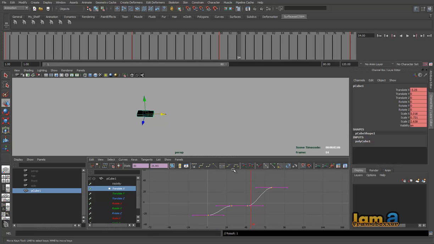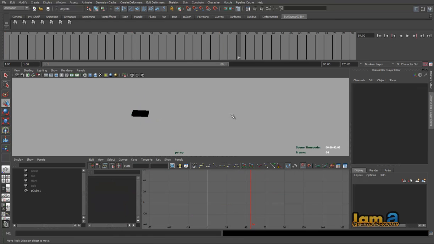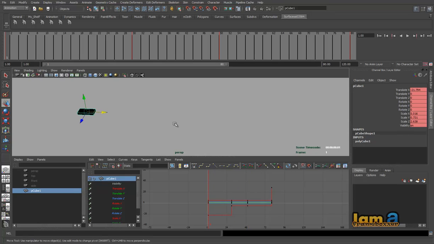And then you have step tangent, one of the very powerful tangents of Maya. But again, with this example we might not be able to understand this better. The moment you move on to step tangent and play this, you don't get to see the transition between two keyframes. Previously it was moving from point A to point B. Now it just jumps from A. Again, if you go to 30, it jumps to point B. So this is very good for seeing a pose to pose animation, which we'll be discussing in future classes with characters. But as of now, you can have the understanding that it jumps from one pose to another, from one keyframe to another.